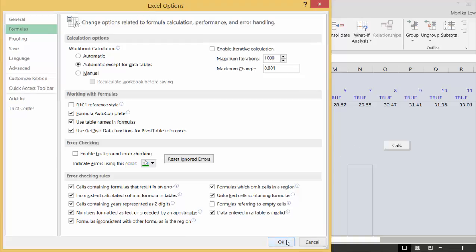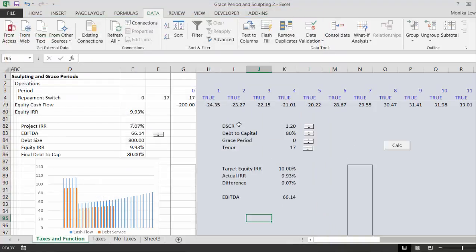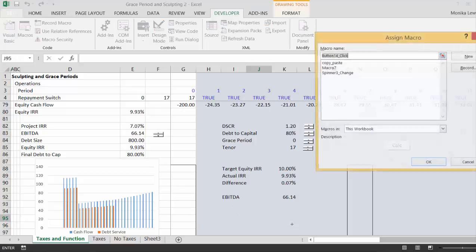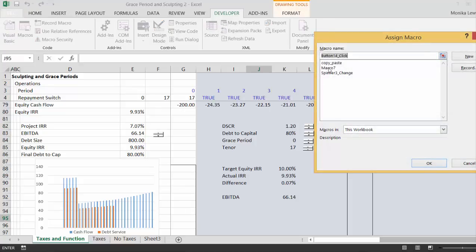Okay, let's redo that thing. Okay. Now, when you make a goal seek, here's our goal seek. When you make a goal seek,